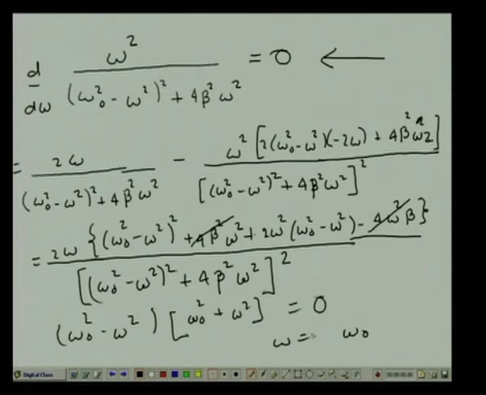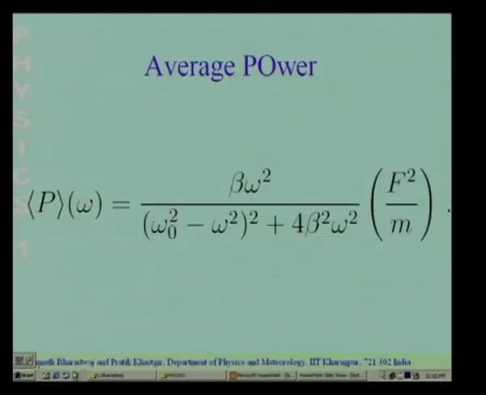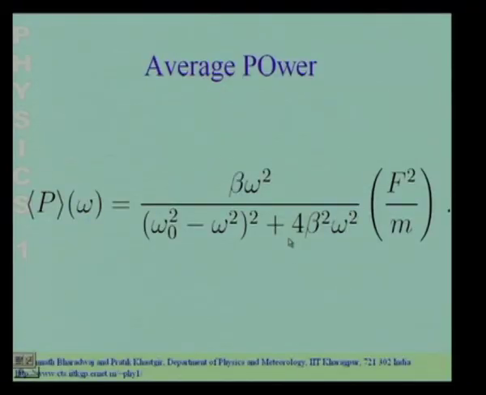So, what we see here is that the peak of this curve, the peak of the Lorentzian, occurs at omega equal to omega naught, and you can check for yourself that the full width at half maxima is 2 beta. You could easily check that this is true only in the weak damping regime. So, in the weak damping regime, the full width at half maxima of the average power of the Lorentzian is 2 beta. So, let me summarize